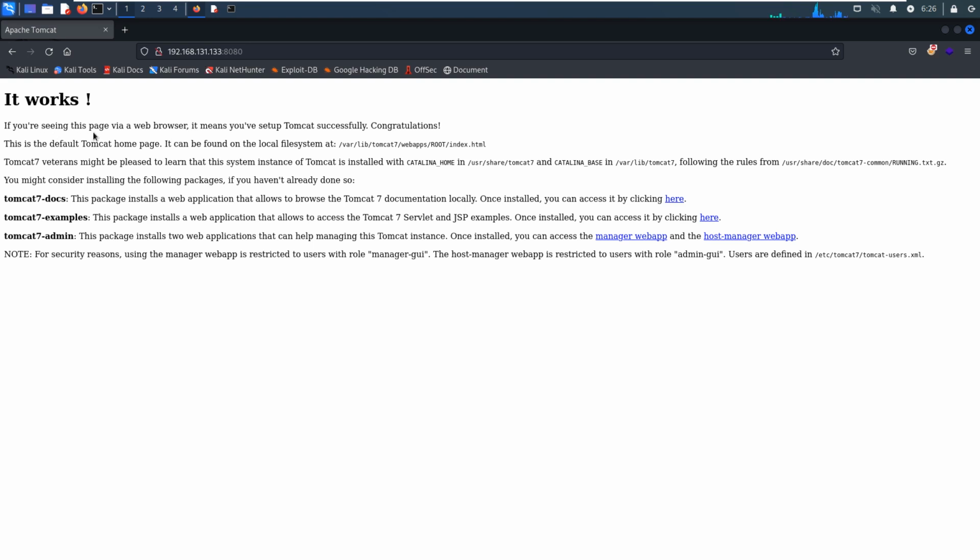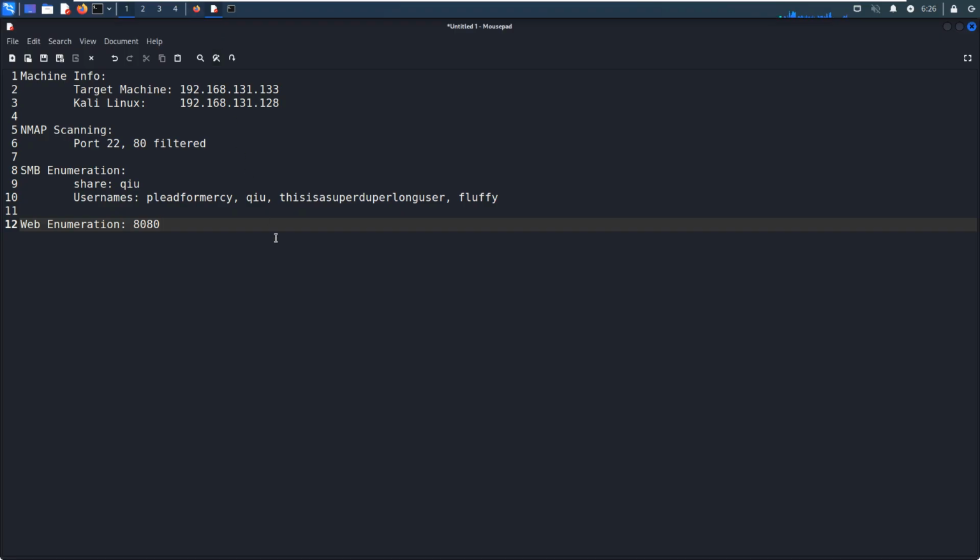If you are seeing this page via web browser, it means you've set up Tomcat successfully. This is default Tomcat. Even give us the absolute path. You know, this is very dangerous, or the information leakage. So we can note down such information to our notebook.